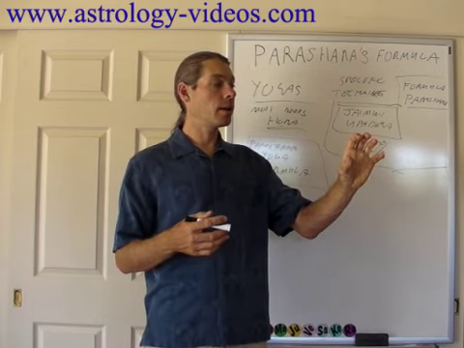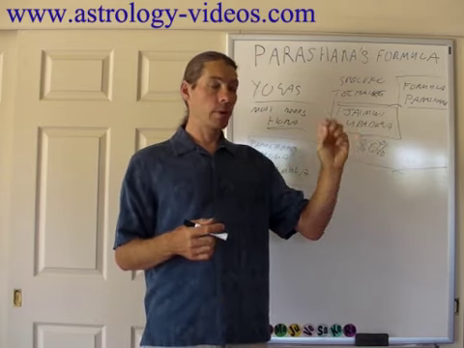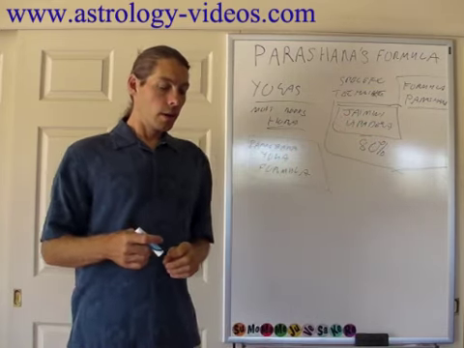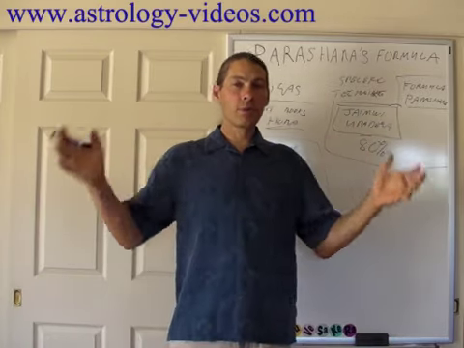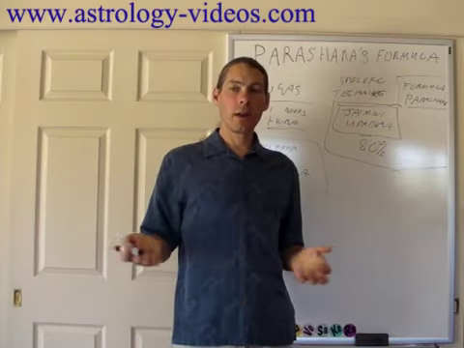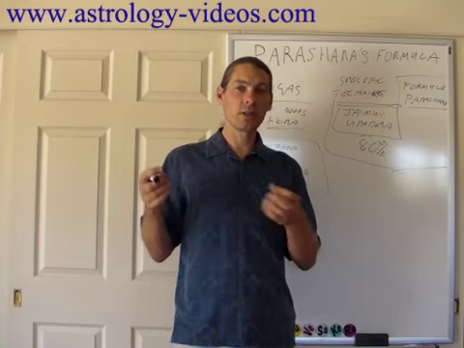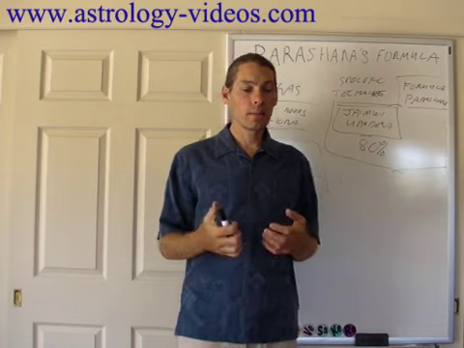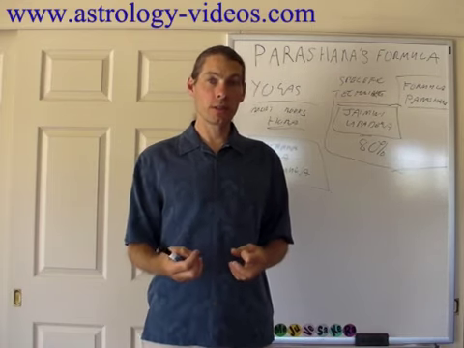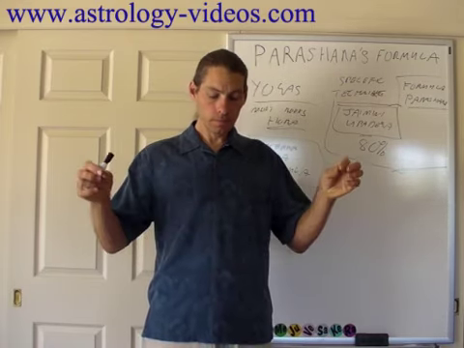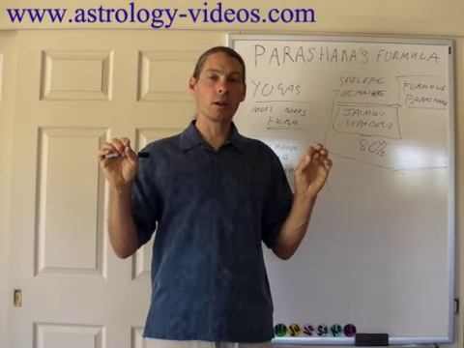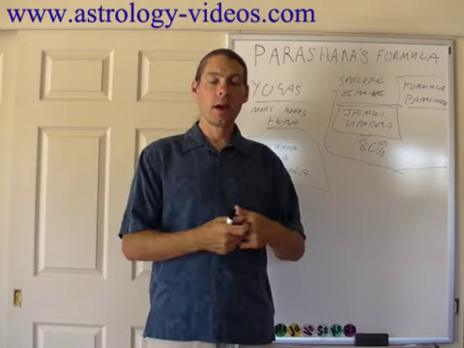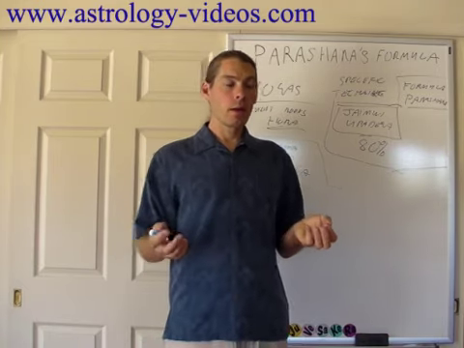We have to study a planet, see what it's capable of doing, and see what it's going to do to a house. Now, the planets create and produce everything in the world. Everything you have in your life, from the biggest thing to the person you love the most, is created by the planets. Okay? The planets are the conscious, creative forces in the universe. That's why they're called karakas, which means a producer. They produce things. Okay? And all of them produce everything.